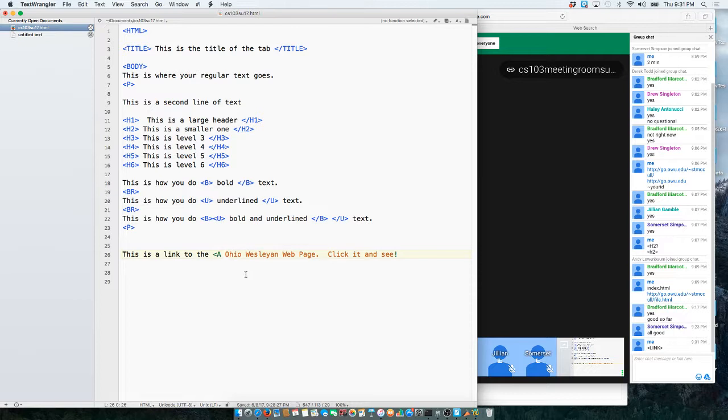So then you say href equals. HREF stands for hypertext reference. The H in HTML stands for hypertext markup language. Hypertext is text with links, and markup language is one of these languages that we're using that has tags to define formatting instead of formatting to define formatting. So quote, and then the link